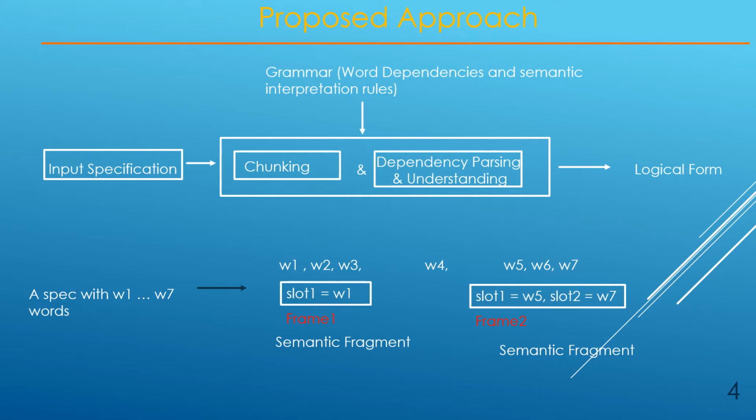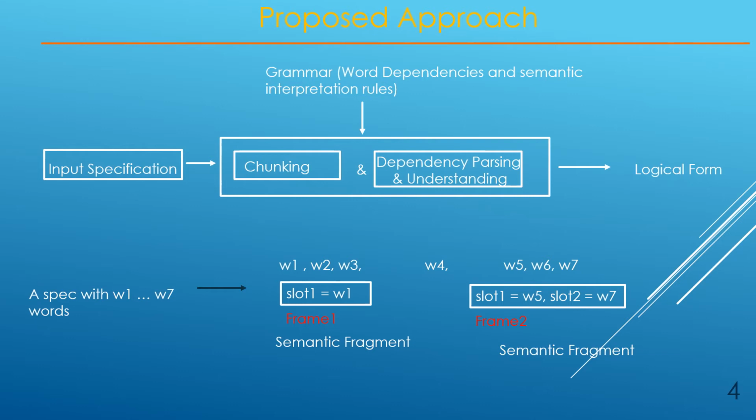Here is the block diagram of our proposed approach. The input specification passes through a chunking module where it is split into smaller phrases. Then, using dependency grammar, the phrases are passed through a transition-based parsing algorithm. The output is a frame if the input is a high-level architectural specification. If the input is a low-level assertion that has all required variables, then we can generate SystemVerilog assertions at